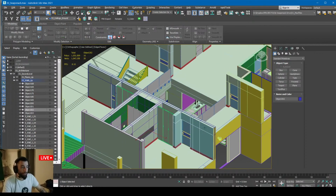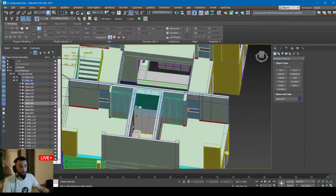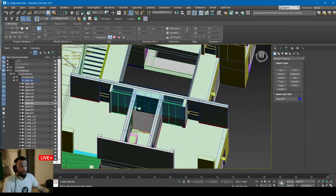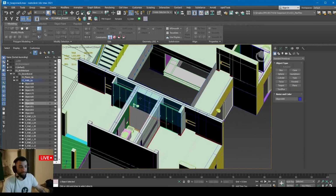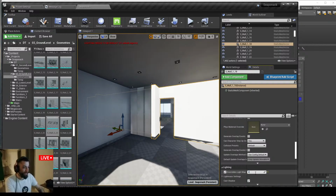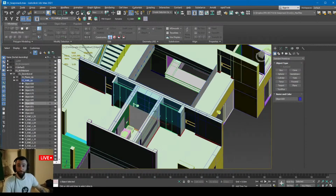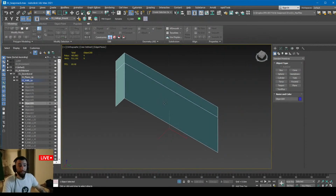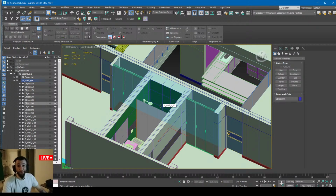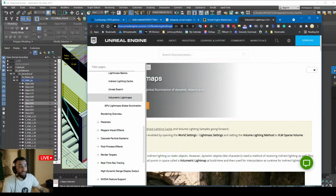Now it's separated into 1, for this room only, and 2 for the wall we will never see. We could put the light map resolution on this guy to 2. I don't know if we could do that. What is the lowest? 4. Yeah. So for this wall, to save on memory, usually by default we leave all the walls at 64. No, you could set it to 2, right? Save memory, because only by light maps,